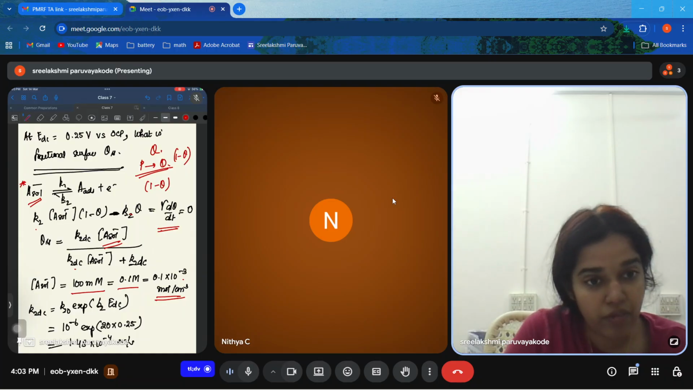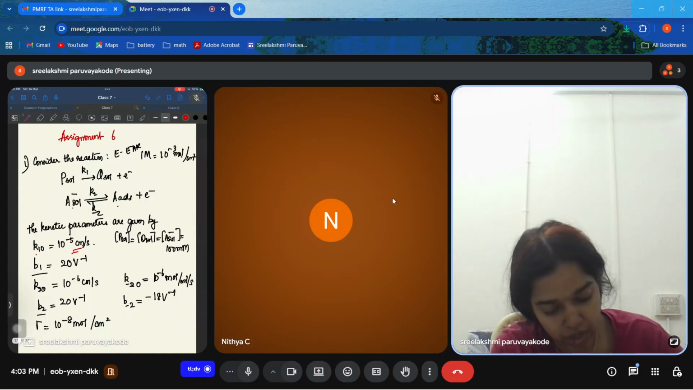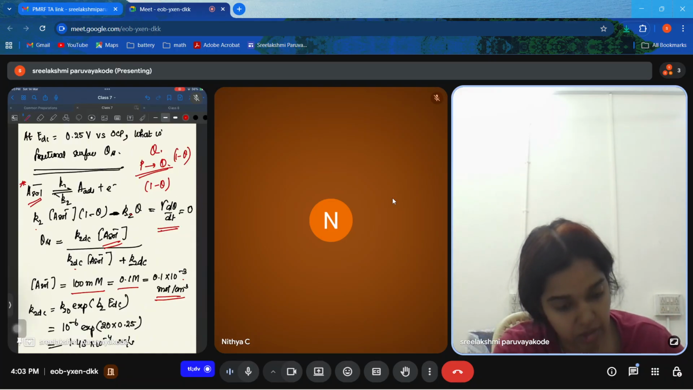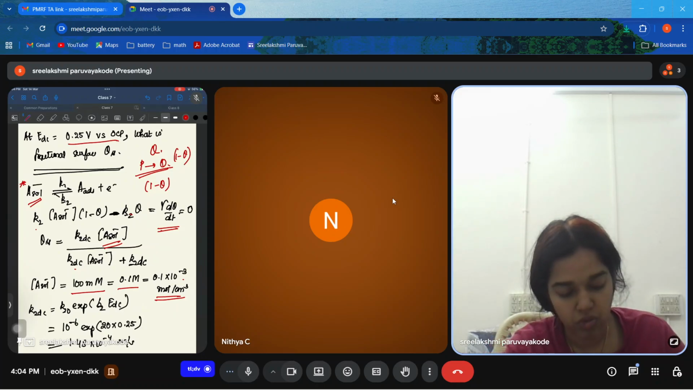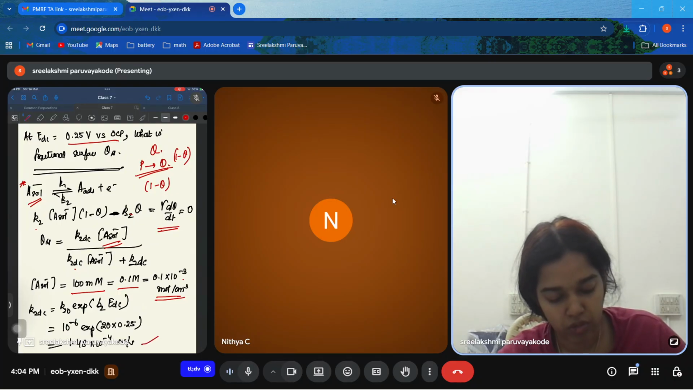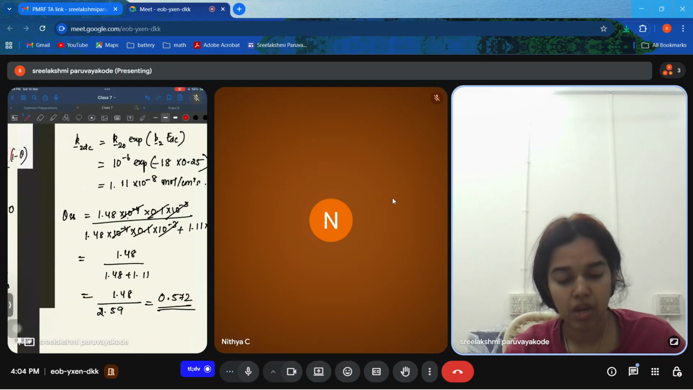And then you also have D2 value given as 20 volt inverse. EDC is 0.25 volt versus OCP, for which you have to find it out. So when you solve it, you will get K2 DC value. You know K2 DC, you know A solution value, substitute it, find out what is the steady state fractional